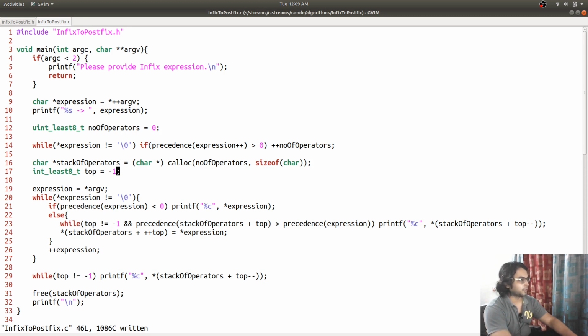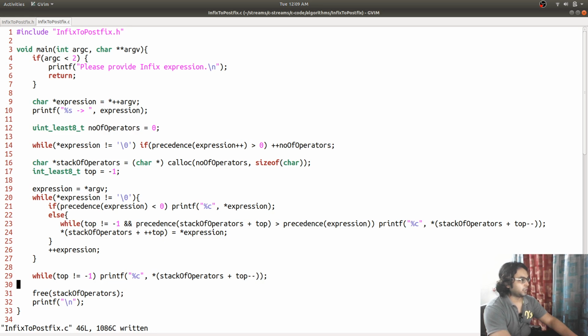So we need this, we need to reset, we need this, and we need this operation.